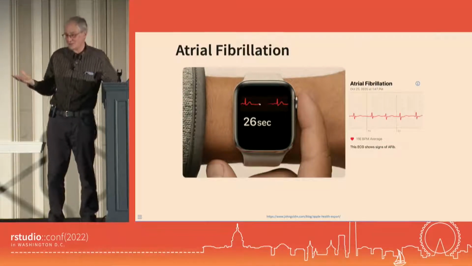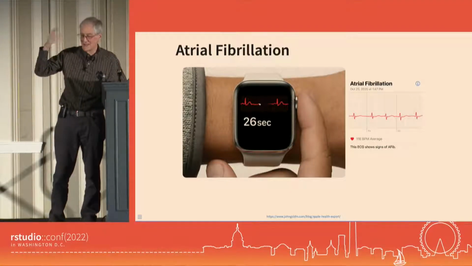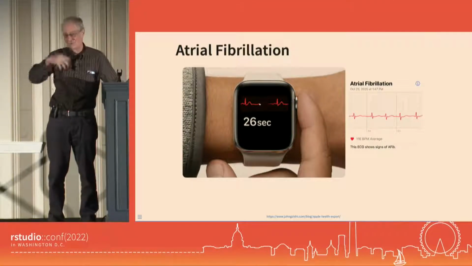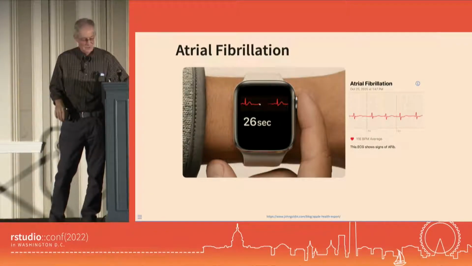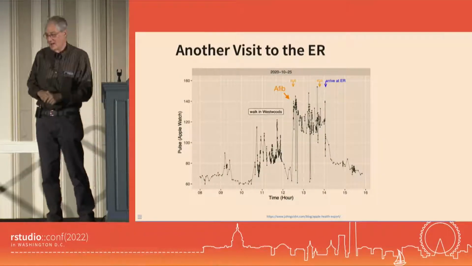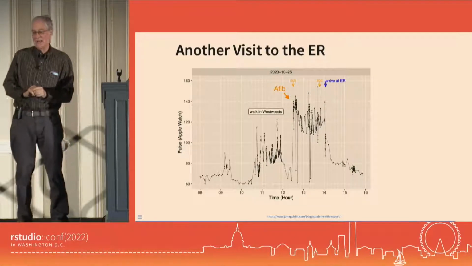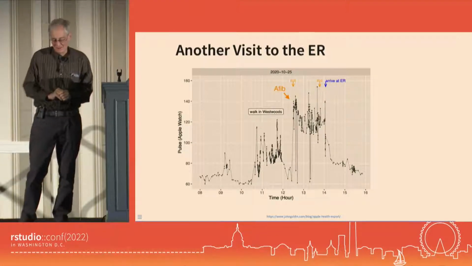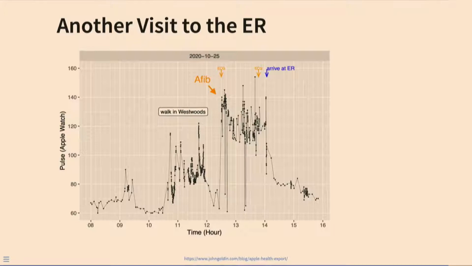Got into the news recently because John Fetterman, the Senate candidate in Pennsylvania, was in atrial fibrillation, and it contributed to his stroke. So what do I do in a situation like this? Well, I do a ggplot. So again, when I had my episode of atrial fibrillation, I went to the emergency room. My doctor is not so surprised when I walk in with a ggplot. I have a beautiful blood pressure plot.